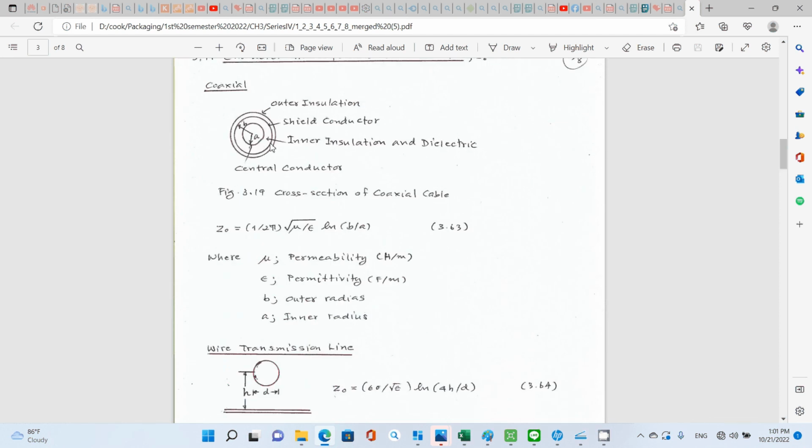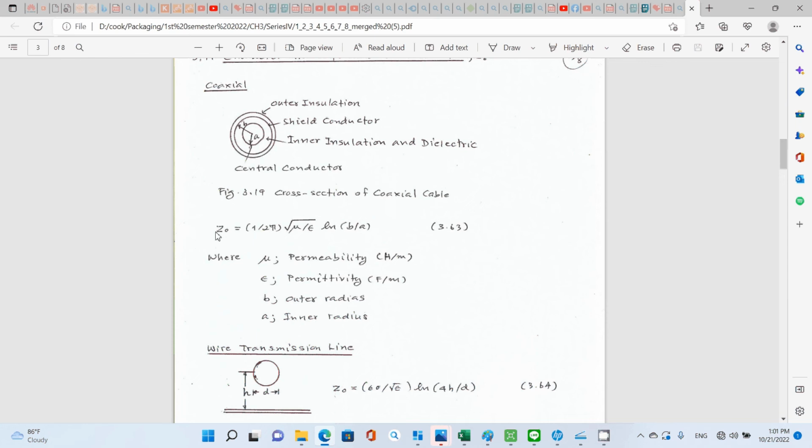Coaxial. We have the inner insulation and dielectric. Okay, and you have the central conductor with the radius a, and the outer radius is b, and you also have outer insulation. This is the cross section of a typical coaxial cable. In this case, you can find